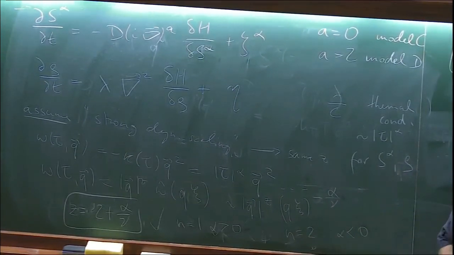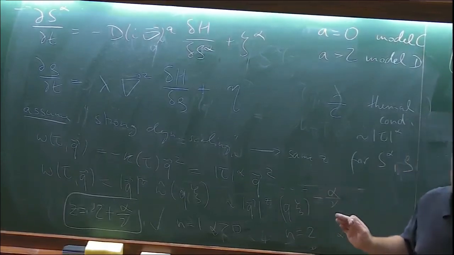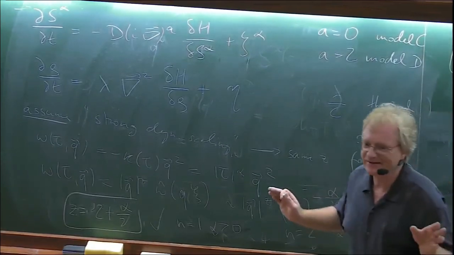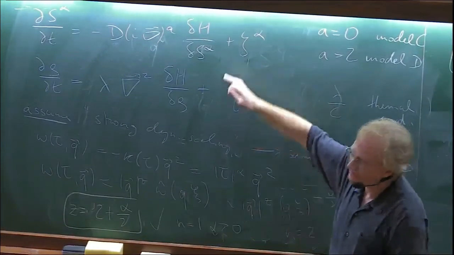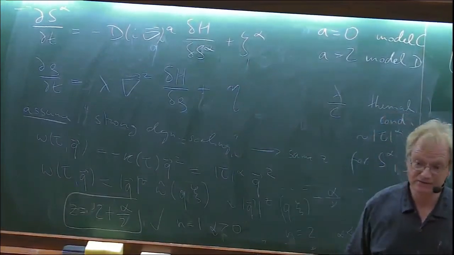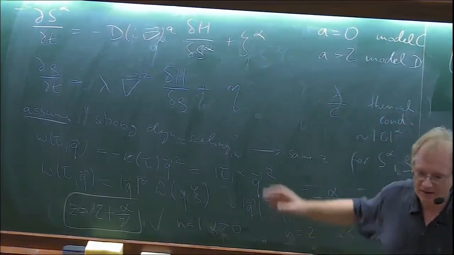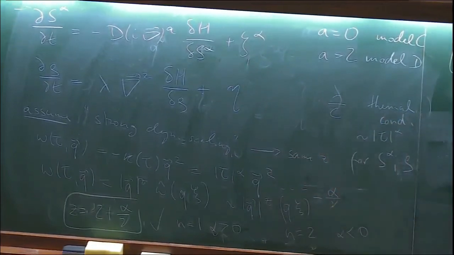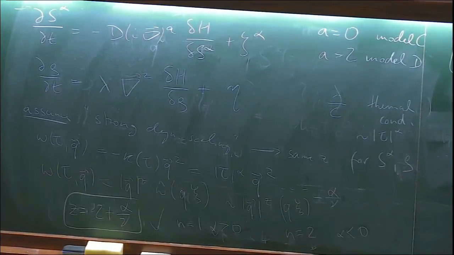So that's one example where you can analyze fairly quickly, and a little quicker than I wanted to, I admit, but we can fairly quickly analyze the relevance, the importance of a coupling to a conserved field. Okay? And it's by arguments like that that you can do this, and of course you can make this more rigorous by actual calculations rather than heuristic hand-waving. But I'm not going to do this in this course. Okay, so tomorrow we'll worry about reversible couplings, and I'll quickly walk you through that, and then we go to maybe generic non-equilibrium systems. If you have a question or a comment, I'll take it.